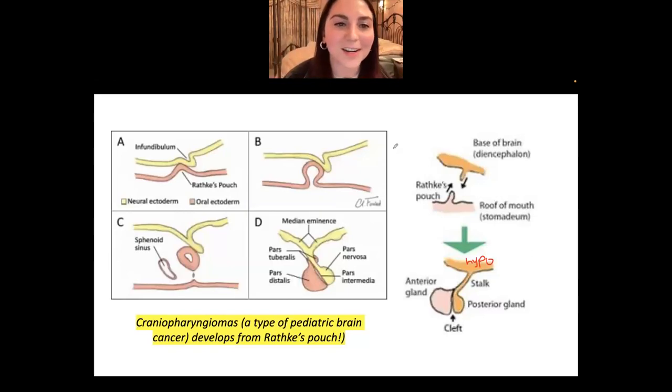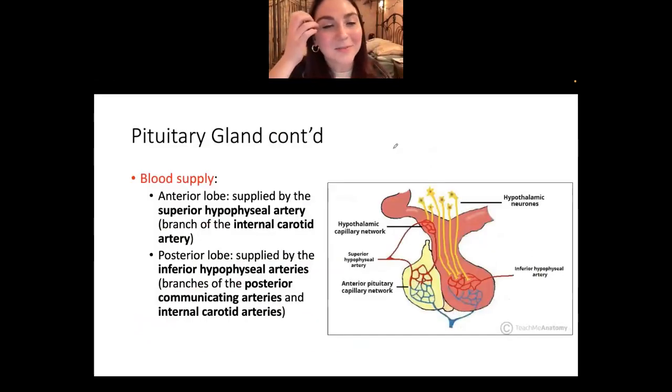Okay, makes sense so far? I think I'm getting at all the important stuff about this. Oh yeah, here's another thing. The blood supply: obviously, they have two different places that they derive from, so they're going to have two different blood supplies. The anterior lobe is supplied by the superior hypophyseal artery, which is a branch of the internal carotid, and the posterior lobe is supplied by the inferior hypophyseal artery, which is a branch of the posterior communicating artery and internal carotid arteries,